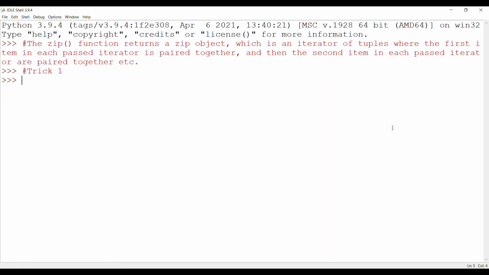Suppose now you want to run two loops or two lists in a single for loop. Then what to do? Then we can zip the lists with the function zip. Let's see how. Suppose I'm doing L1 is equal to 1, 2, 3, 4, 5, and I have another list with the name,